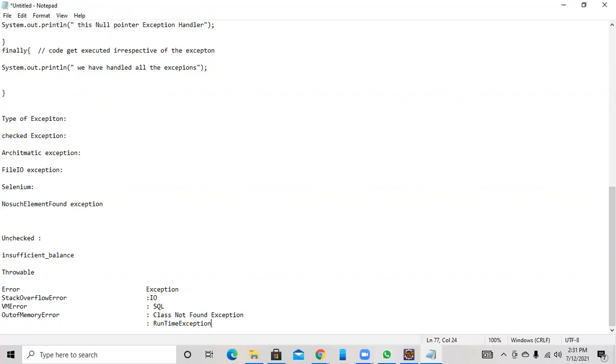Runtime exception has arithmetic exception, null pointer exception, number format exception, index out of bounds exception, array index out of bounds exception, and string index out of bounds exception. These are the types of exceptions. Clear?